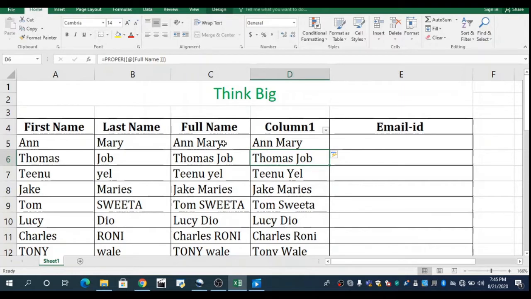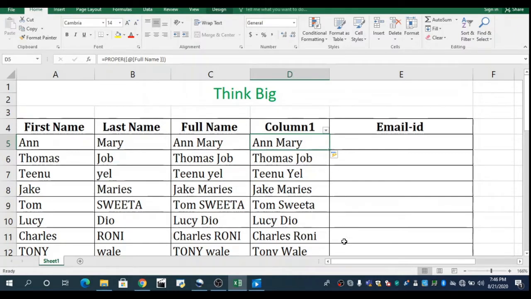When I do it in the first cell, that is D5, the others will be simultaneously filled. In your spreadsheet, if it is not getting filled, once you have completed the first cell, that is D5, use this fill handle. Double tap the fill handle, then the other names will be filled as such. So in the column D, you can see every name in proper case.